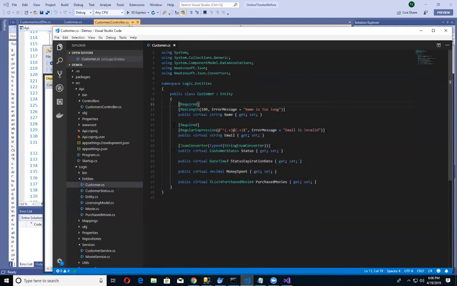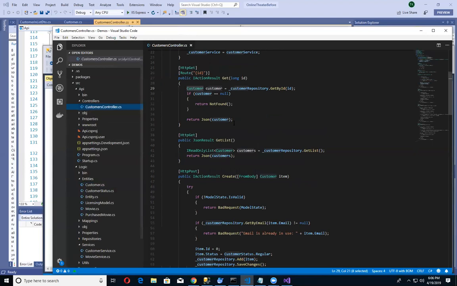This is a good thing that we can go ahead and take advantage of validations with these annotations and all that. But what we end up doing in our controllers, and this is the point they're trying to make, is we end up returning an object back to the client, which is pretty much a mirror of our database table.